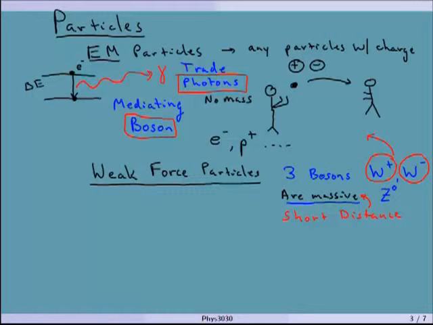Okay. And the weak force particles are the electron and the quarks, which make up the proton. So there's quarks, which I'll talk about in a second, and the proton, which is really made up of quarks. And then, of course, the bosons, and then these things called neutrinos. Now, this isn't a V. This is another Greek letter. You're just going to see a few more Greek letters. And this is a neutrino, and now there are different kinds of neutrinos. Let's call this one an electron neutrino, and we'll talk about those as we keep going here.